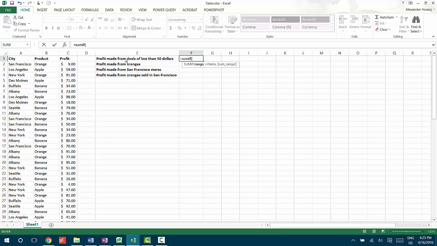So first of all, we need the range. In this case, the range is the same as the range of the criteria. We'll explain what that means later. But in this case, the range is this profit column, and the criteria is if it's less than $50. So when you input that, it spits out 1,117. That means all the transactions with profits of less than $50 give you a total amount of